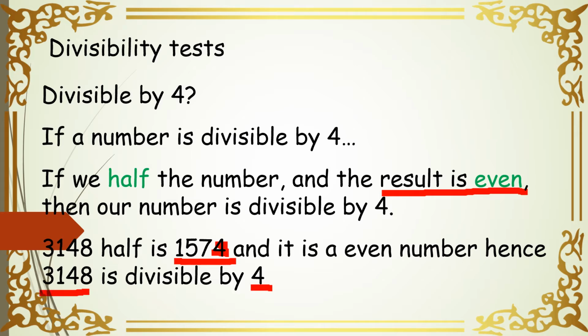It is clear? So two things you can do for finding whether the number is divisible by 4. First one will be, you have to see the last two digits. अगर last two digit 4 के table में आते हैं, that means it is divisible by 4. Or else you can half out that number, and if it is an even number, then you should know that it is divisible by 4. ठीक है? So I've given you two examples and two tricks to find out whether the given number is divisible by 4 or not.